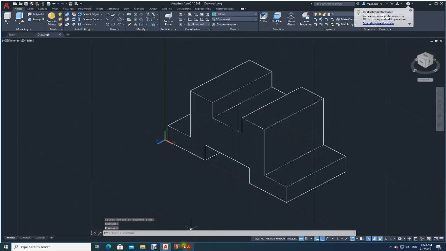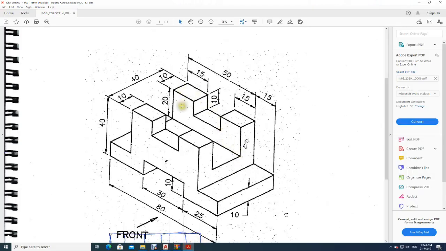Now what I should do, I should just go here and cut this portion. What is this height? This height is 20. What is this distance? This is also 20, is it not? And this is also 20. And what is this length? The length is 50. Okay, remember I have to always draw in x and y plane only.